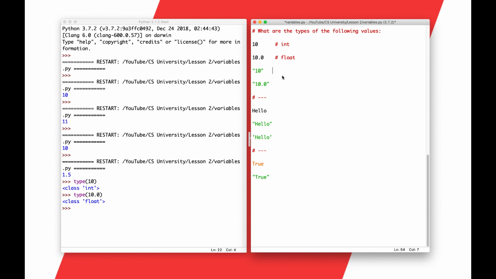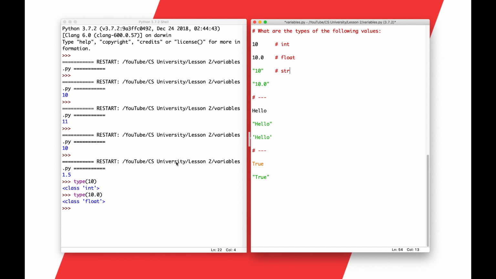How about this next one? It's still the number 10, but now it's in quotation marks. So does that change anything? Well, yes, it does. What we said before was that anything that we see that's in quotation marks is automatically a string. It doesn't matter what's inside of the quotation marks. As soon as you see quotation marks, you should immediately know that it's a string. Because this could have easily been something like $10 or whatever you want it to be. It could have easily been anything else, because when you have quotation marks, you can put letters, numbers, and symbols